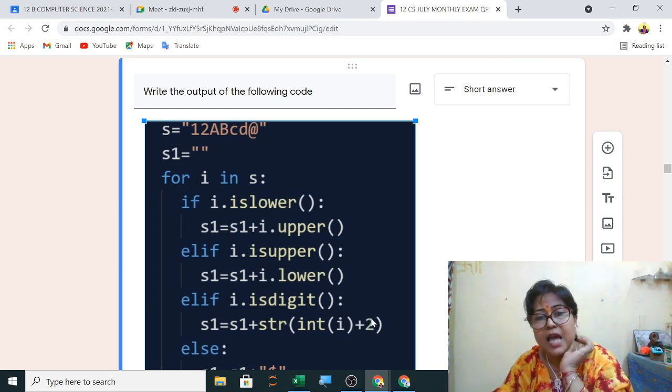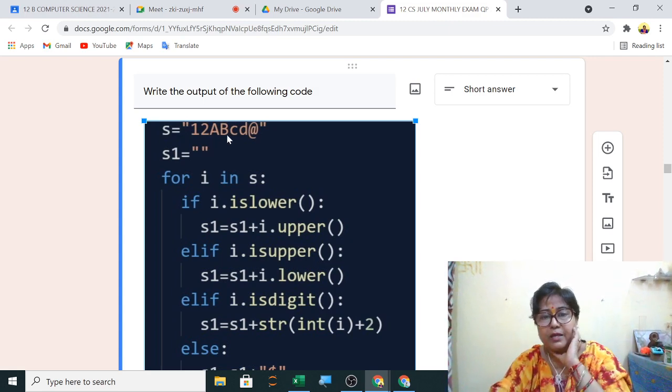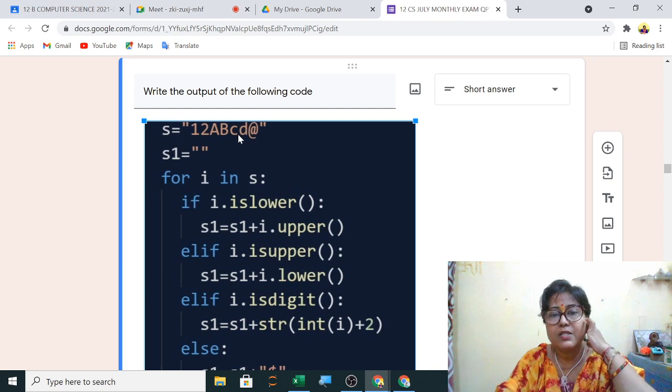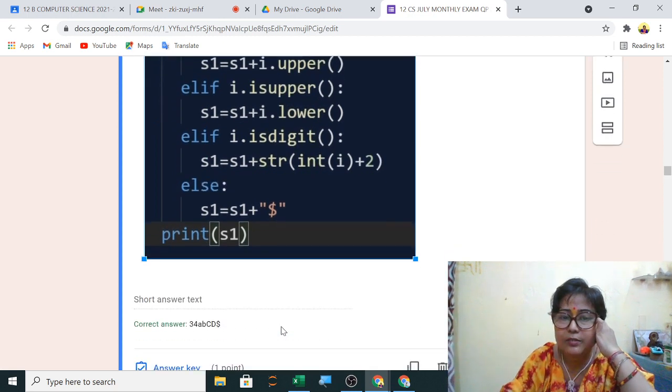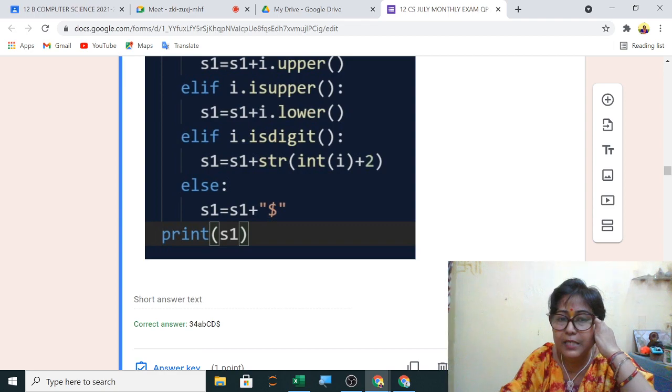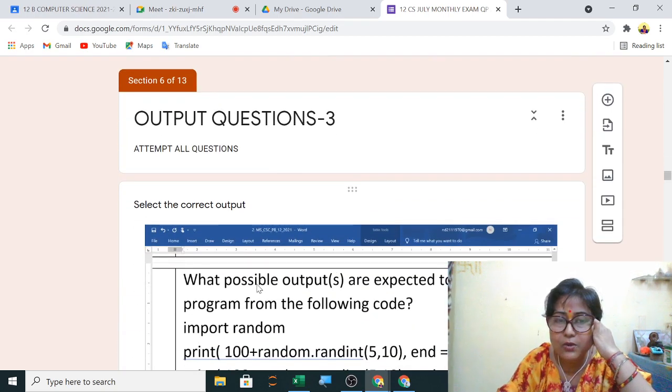Second one is a digit, add 2, 4, so 34. Then capital letters will become small letters and small letters will become capital, and wherever at the rate or special character is there, it will become dollar. So the answer will be 34, small ab, capital CD, dollar. You can check here: 34, small ab, capital CD, dollar. Correct answer. Understood how to solve it?